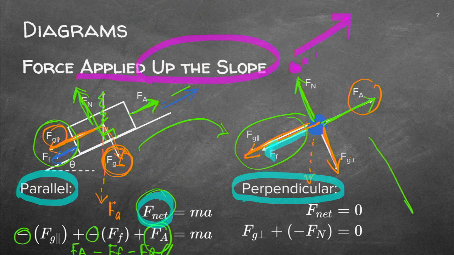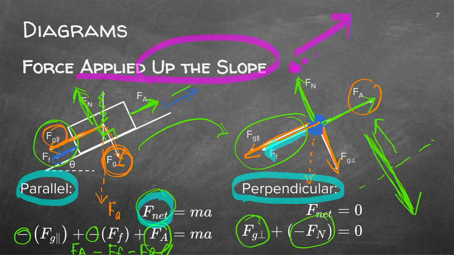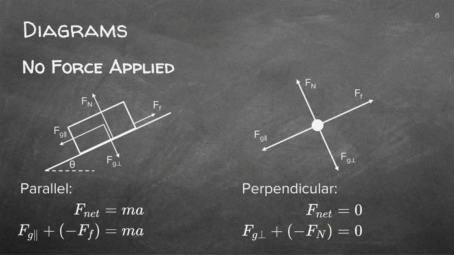Perpendicular would be in this plane. This is the slope. So what's going downward? Downward would be the gravity component, which is perpendicular. And what would be moving upward? That would be the normal, and I am deducting them from each other. So what do I do if I've got no applied force? So it's not moving. I will have again my gravity in my two components.